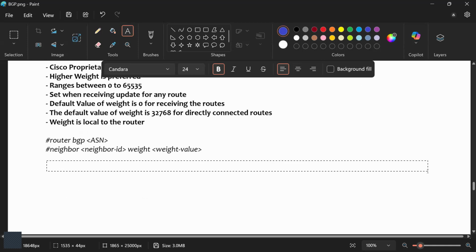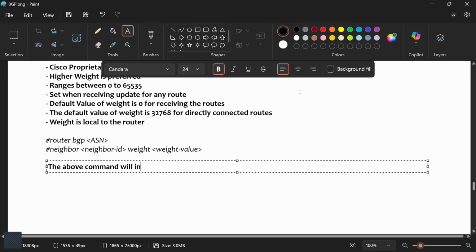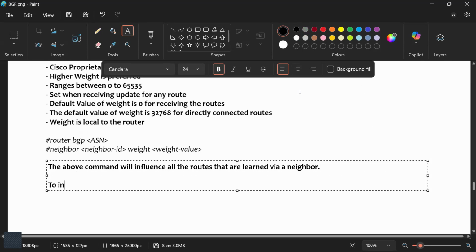So I can say the above command will influence all the routes which are learned from the neighbor. To influence only a specific route, what we can do,